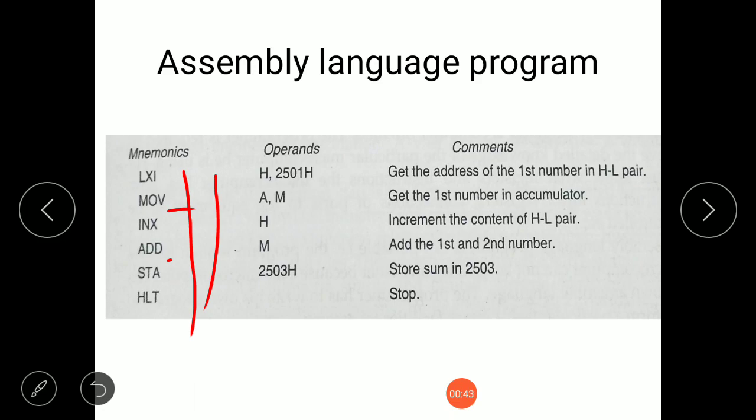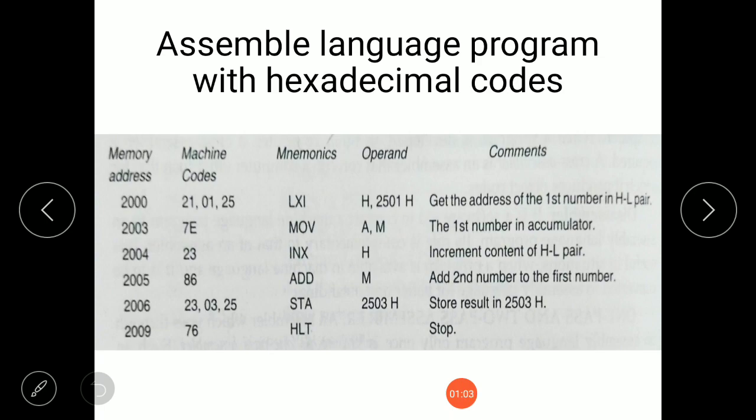The translation is done with the help of a software. A program which translates an assembly language program into a machine language program is called an assembler. So, in an ordinary kit, an assembler is not available. The programmer first of all writes the program in assembly language and then fills up the machine code corresponding to each